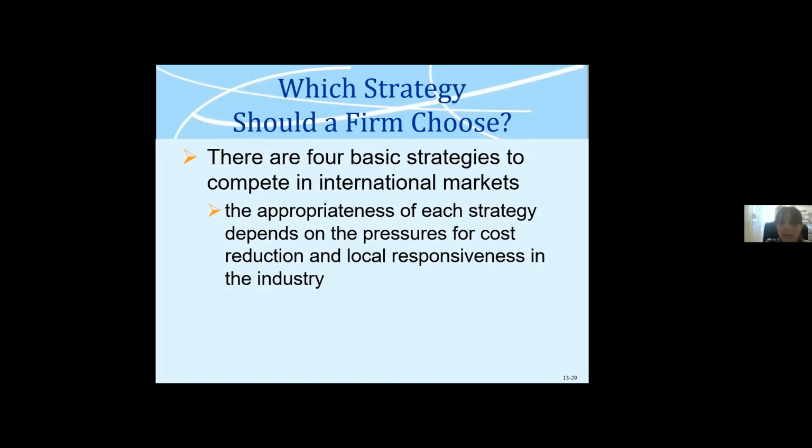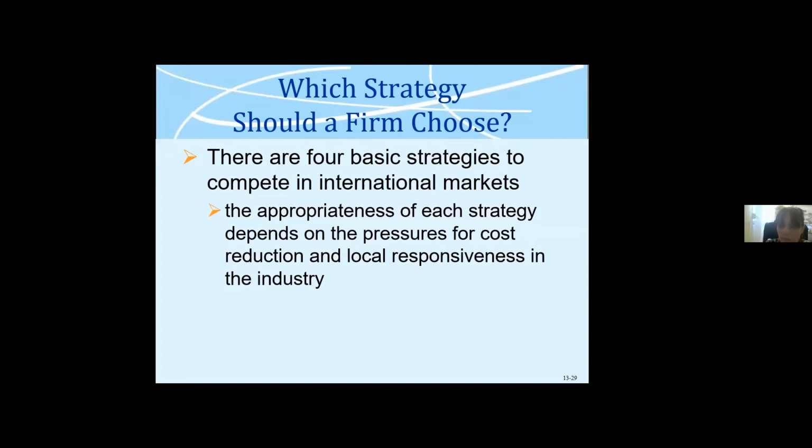So another important question is, which strategy should a firm choose? We arrive at the end of the lecture, the most important part. Which strategies can a specific firm choose in order to obtain a competitive advantage compared to other competitors? Given pressure for local responsiveness, we saw that it may not be possible for a firm to realize the full benefits from economies of scale, learning effects, and location economies.